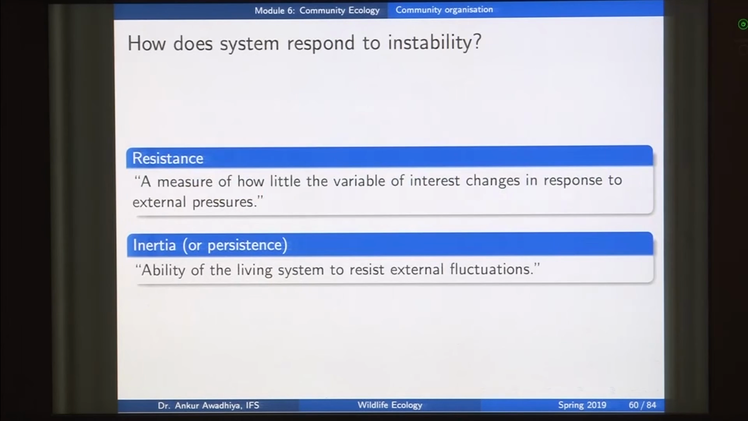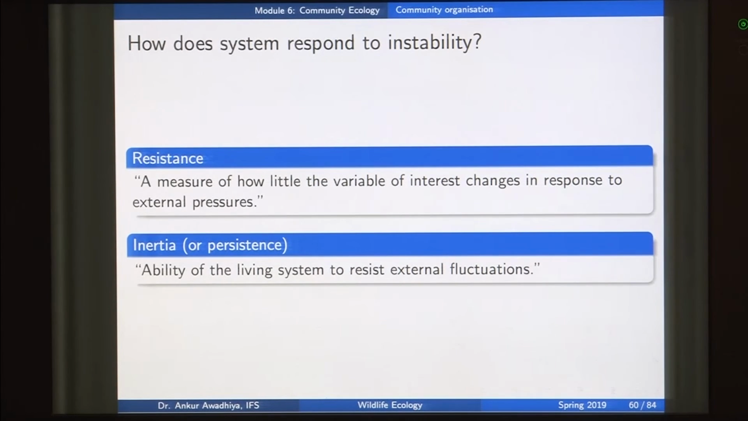Now, if there is a change in the system, how does the system respond? Again, we talked about these two things. One is resistance. Resistance is a measure of how little the variable of interest changes in response to the external pressures, or how much resistance your community is able to put up against the external threat. If your community is very resistant, there will not be much change in any of the variables that you are measuring. However, if your community has less resistance, then